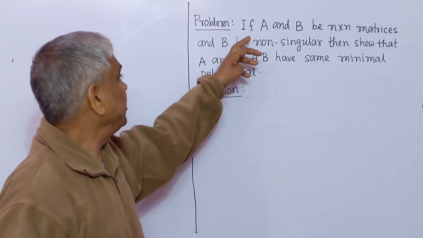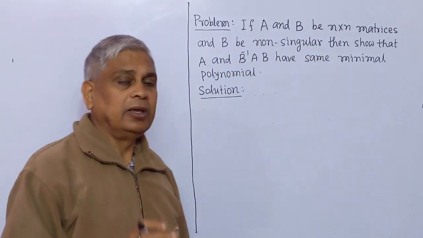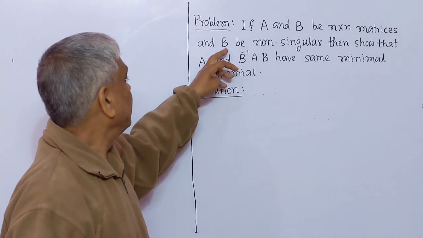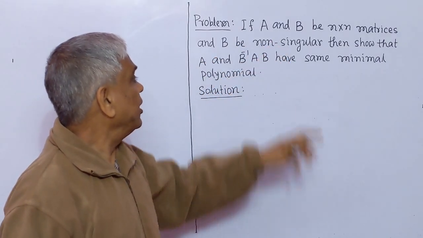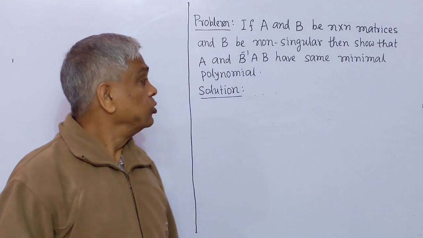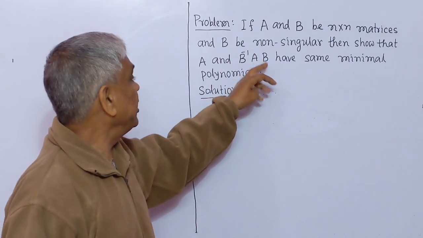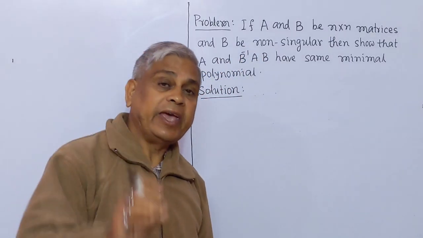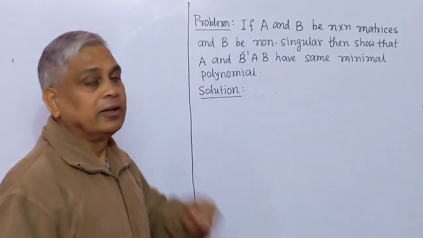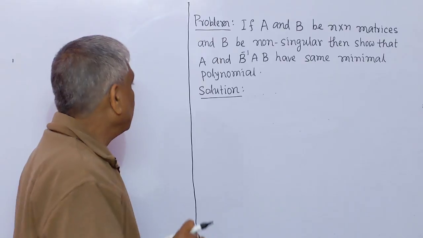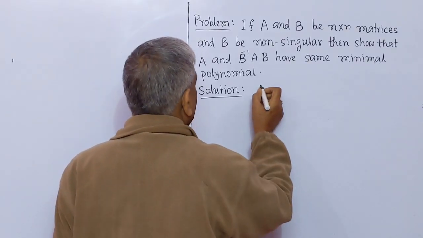Problem is, if A and B be n by n matrices and B be non-singular, then show that A and B inverse AB have same minimal polynomial. Now we solve this. Solution: given that